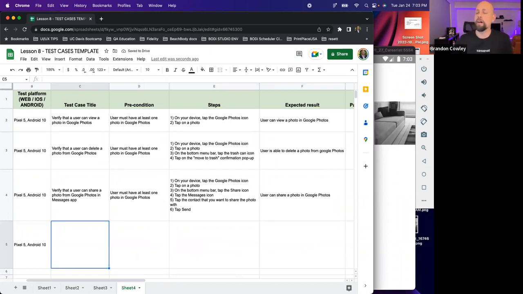Good stuff. Would restoring a deleted photo count as a negative test? No, because the language might be a little bit confusing there. Let me reword this. With a standard test, you want to ensure that you can go through a flow and get a desired or assumed outcome. Restoring a deleted photo is still a positive test, because your goal is to verify that you can restore that photo. And if you can restore that photo, it's just a test case.